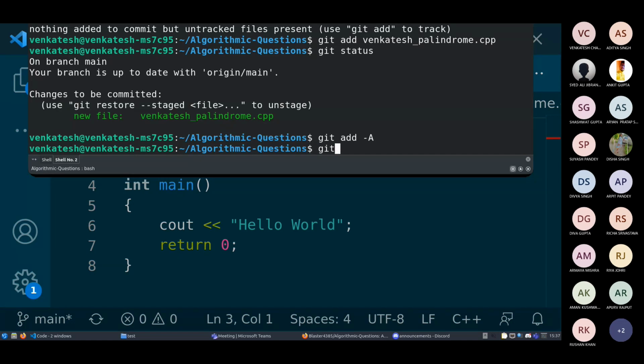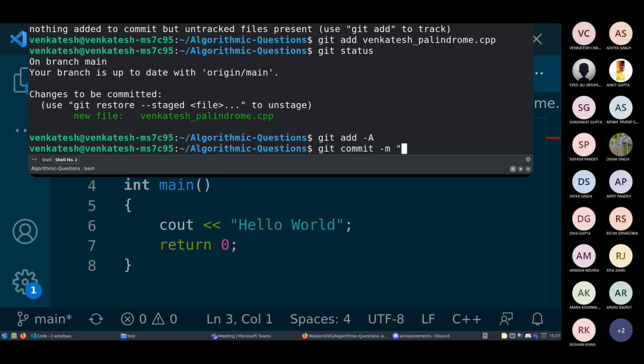And then we do git commit -m. What git commit does is it creates a point in the history of Git with all the data that you have changed. So Git knows at this exact point I did this change. So you're basically pushing the change into the history of Git.